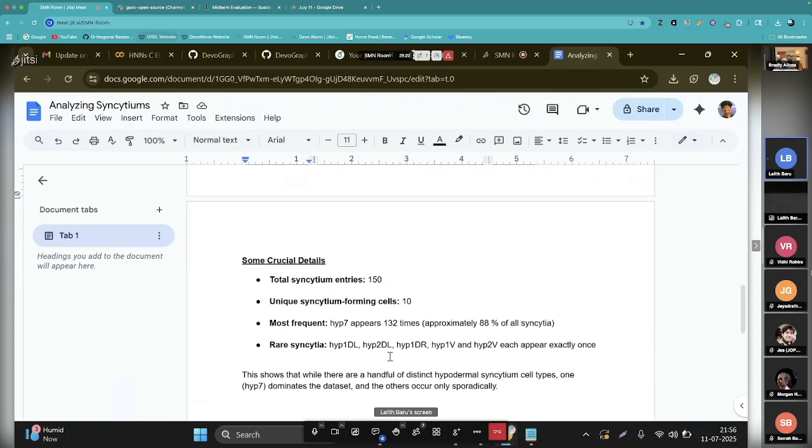And how are the connections from hypoderm 7 to the others, and how is hypoderm 1 TL connected to the remaining ones? That could be an interesting line of investigation in the future. So that's what I was able to do.